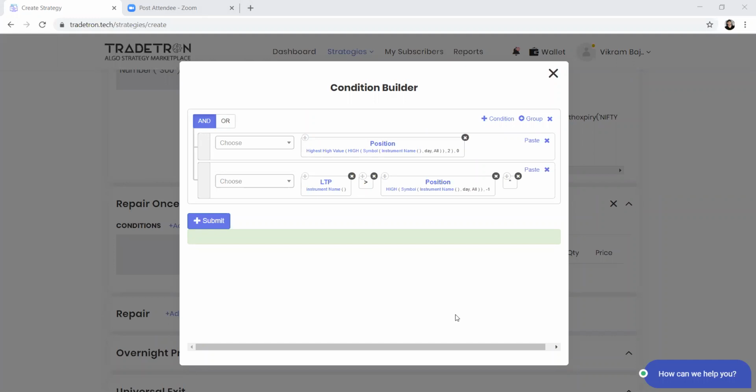Or you can just write your conditions on the questionnaire at patron.tech, and we will send you the strategy requirement details. You can go to this link and just put in your strategy requirement details. We'll get back to you with how it can be done.